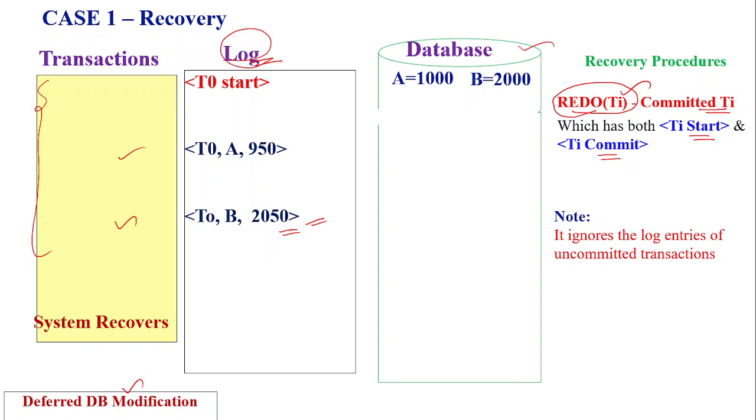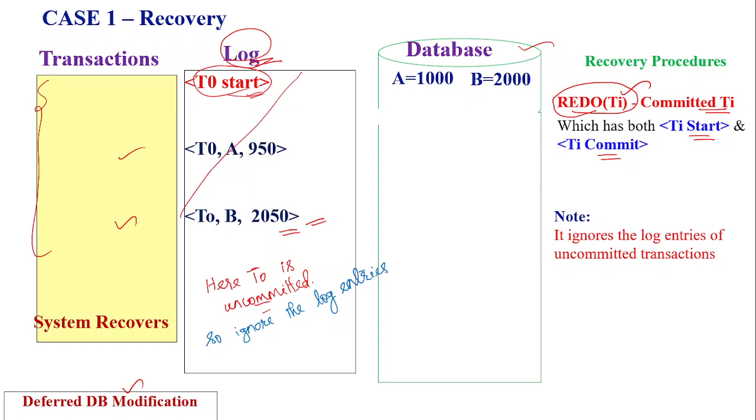Here in our case, T0 is the uncommitted transaction because it does not have the corresponding commit record. It contains only the start record. So these log entries are simply ignored, and still